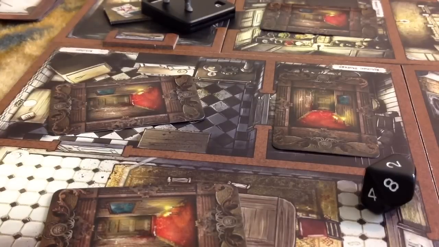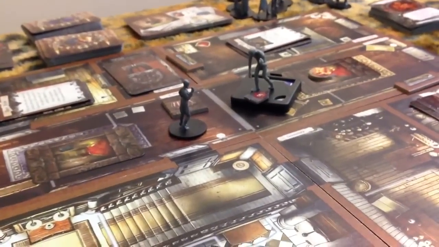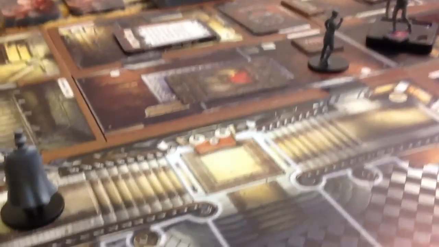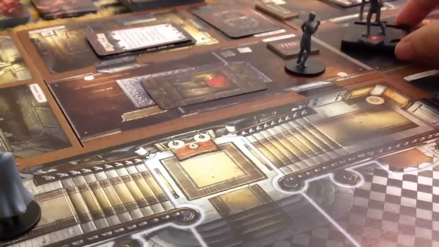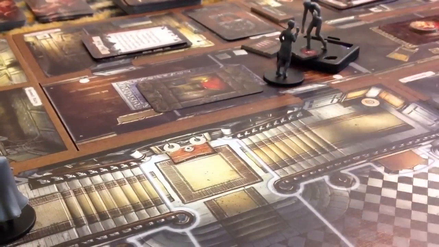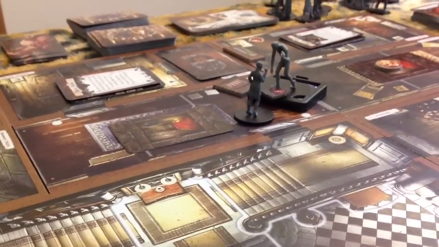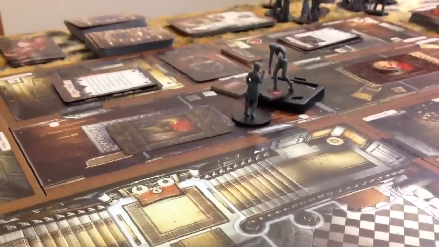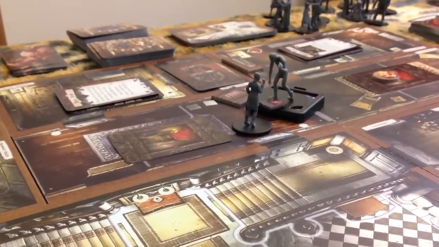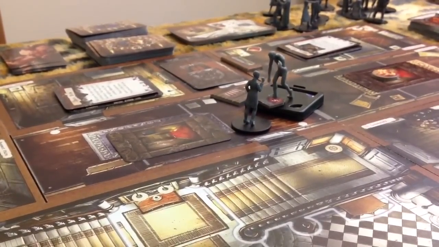Okay, so that is the threat step. Now we have the monster step, where all monsters move 2 spaces toward the closest investigator and attack. In this case, the zombie moves directly into... what's her name? Kate's. Moves directly into Kate's space, and does not move any further, since he is now in Kate's space, and